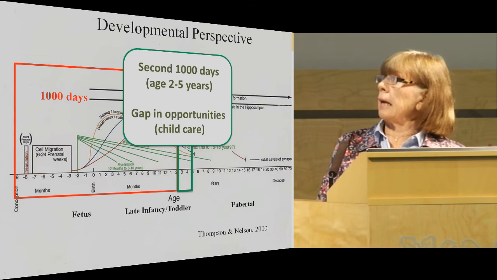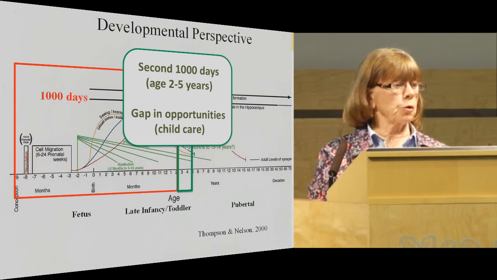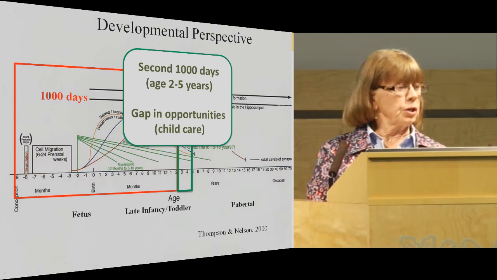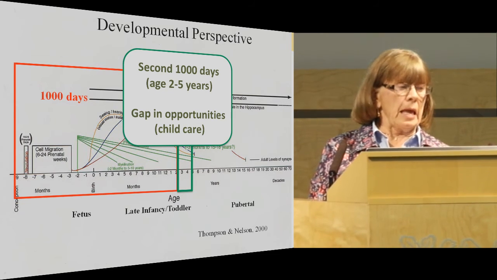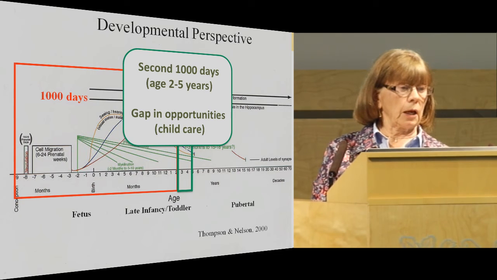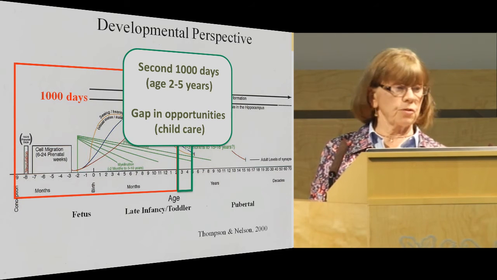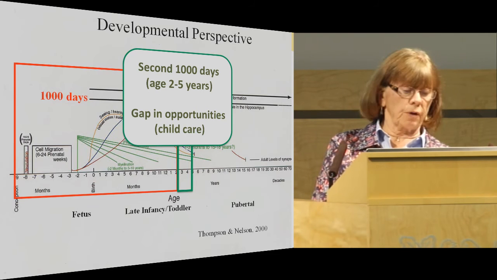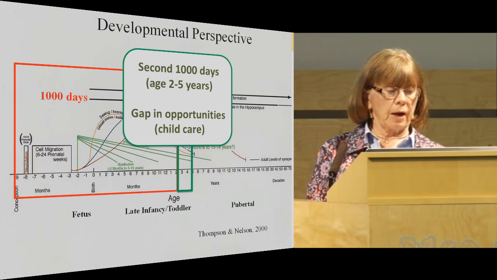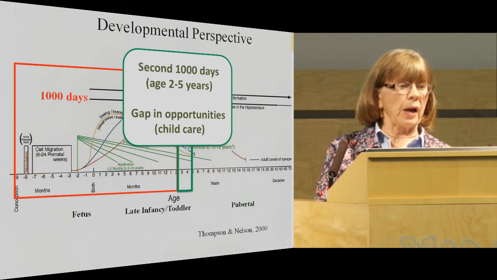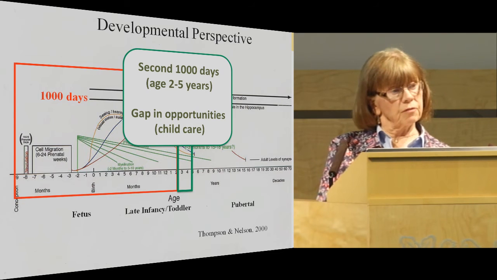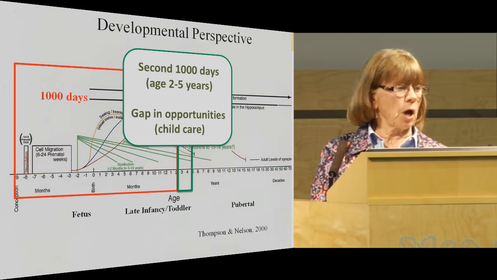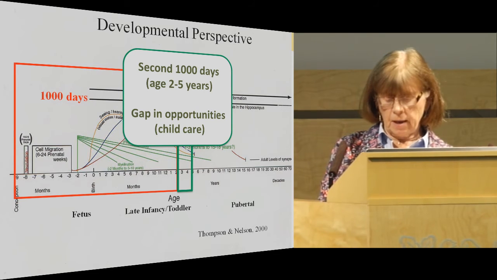And there's often a gap in what happens in terms of opportunities for children during this time. In low and middle income countries, there's often not much of anything going on. In Western countries, children are in some sort of child care. So when we think about early development, we certainly focus on this period of time as well,